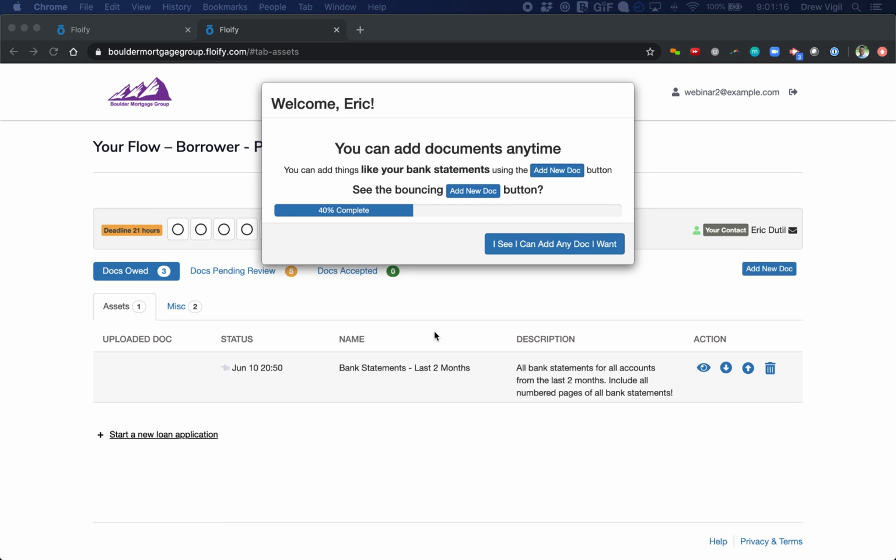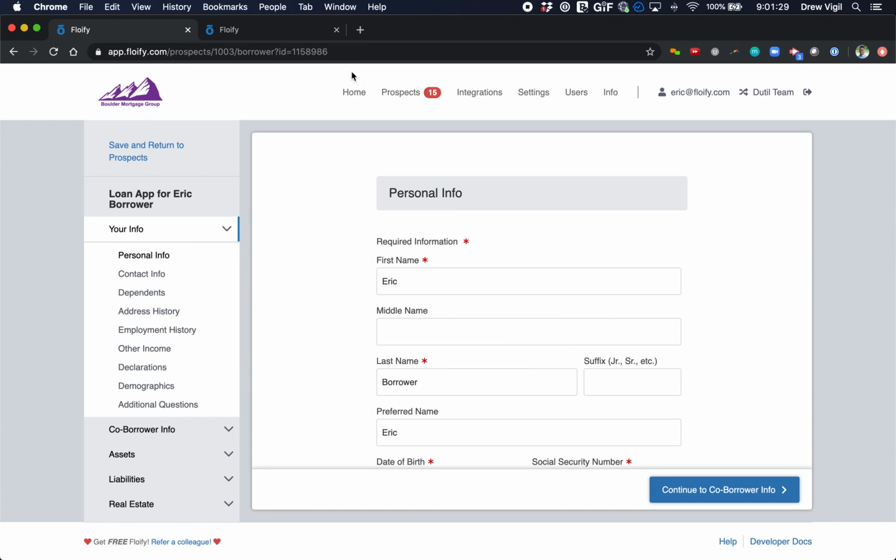This feature does require your account to have the auto convert enabled. Most of the new users watching this will already have this on, but for those of you who don't, you can go into your settings. Let me go back into the borrower side, or I'm sorry, into the lender side here. So if you go back into your settings,